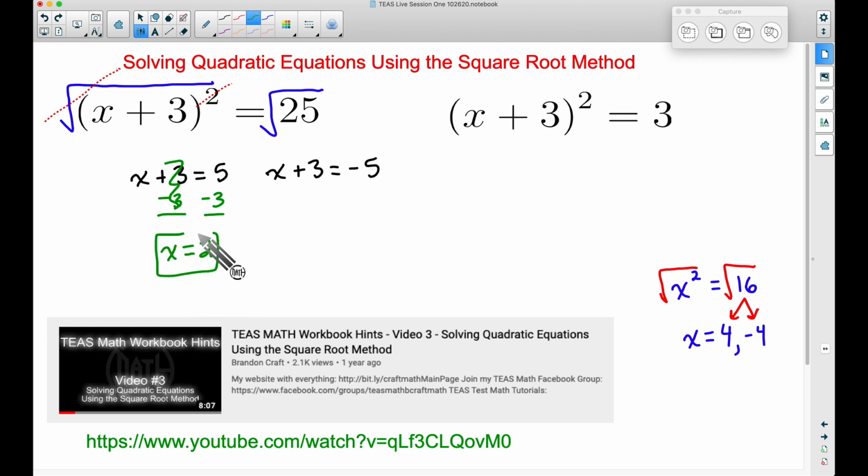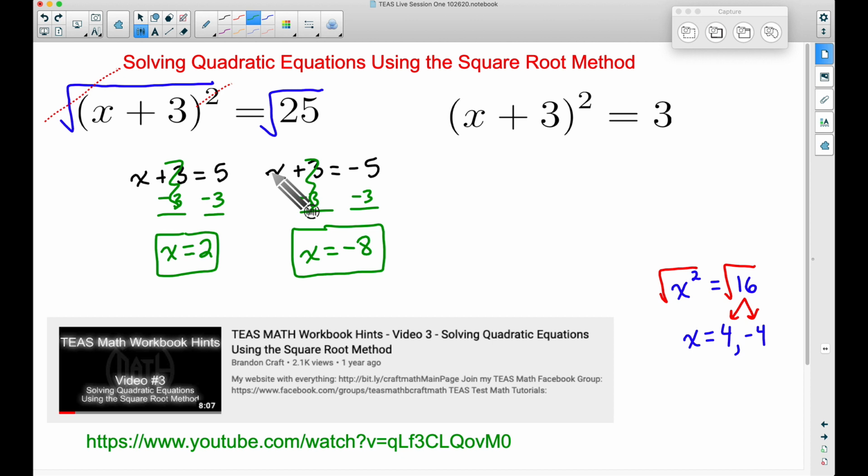So let's hang tight on that one, and let's solve this one as well. Be careful with your signs. Subtracting 3 from both sides. The 3's cancel, and we get x equals, now be careful here, negative 5 minus 3. Some people will say 2, negative 2. Neither one of those are right. Negative 5 minus 3 more is negative 8. These are our two answers to this first example.